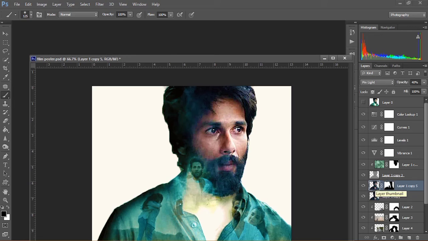Okay, now what I'm going to do is increase the sharpness. For that I'm using the sharpen tool here and applying the strength and just sharpening this accordingly. Don't overdo it, just drag and sharpen. Okay,